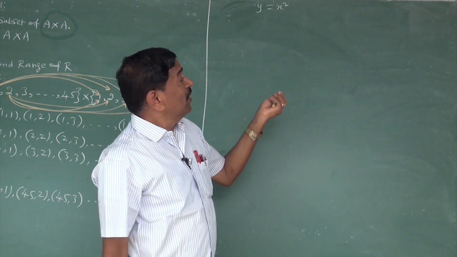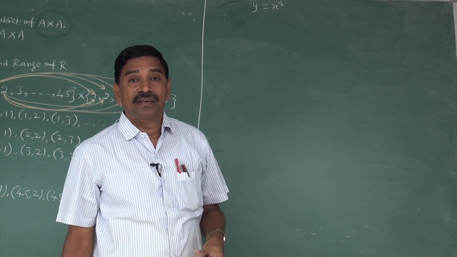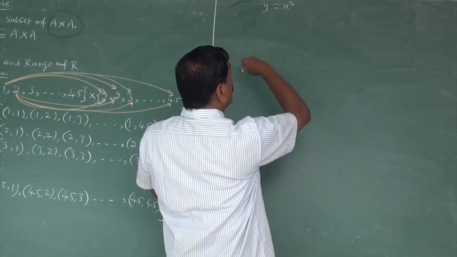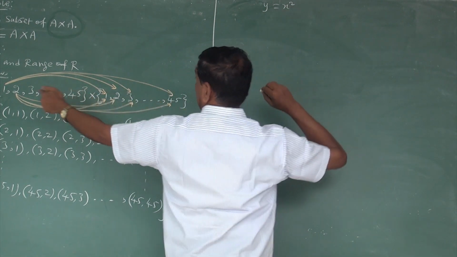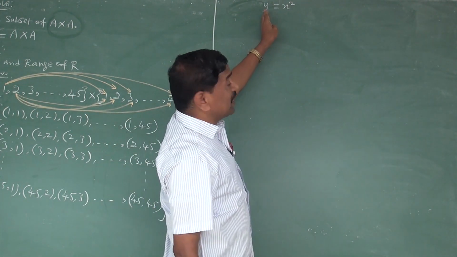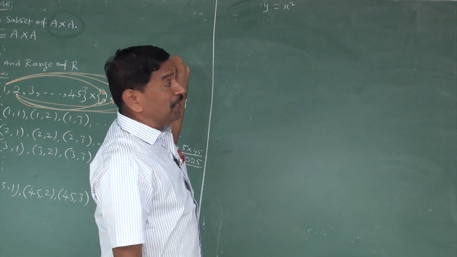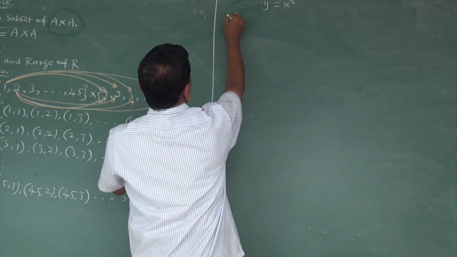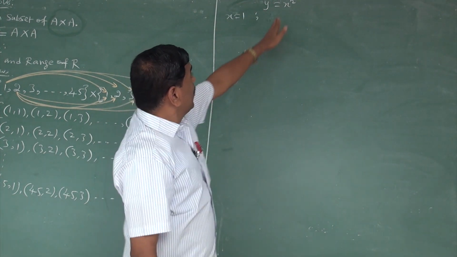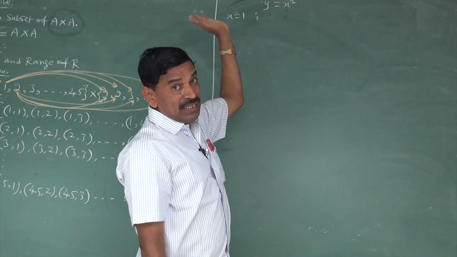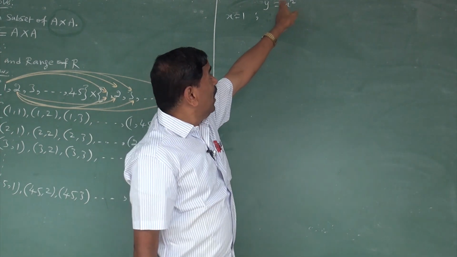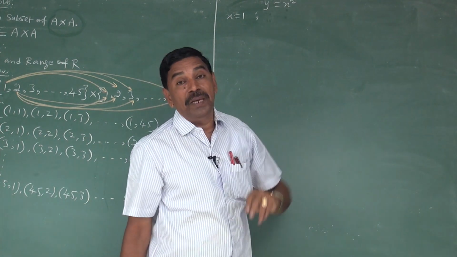Okay, now can you tell me, here x can take which values? Anyone? Good, 1 to 45. So x can take the values 1 to 45, because the A set contains 1 to 45, but under the condition this y answer must belong to the A set. That is very important. Okay, now start. Listen, when x equal to 1, now say it yourself. See here, x can take the values from the A set, from 1 to 45, such that the square answer should belong to the set A.